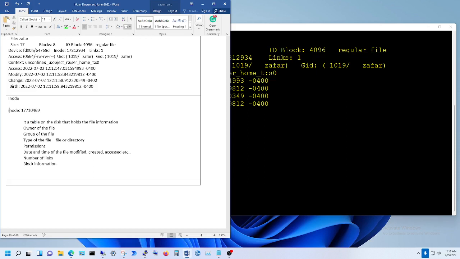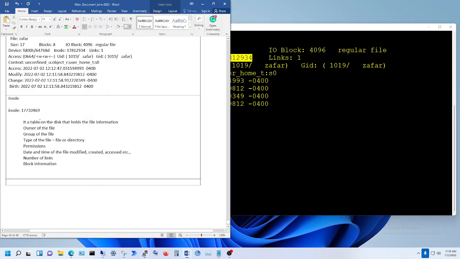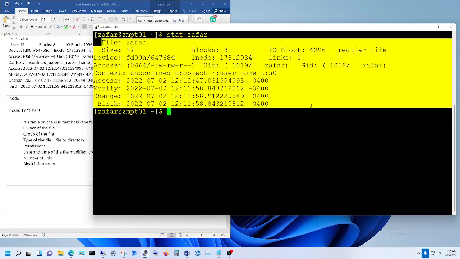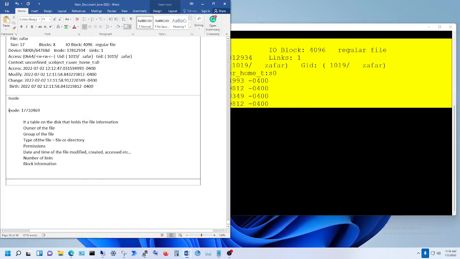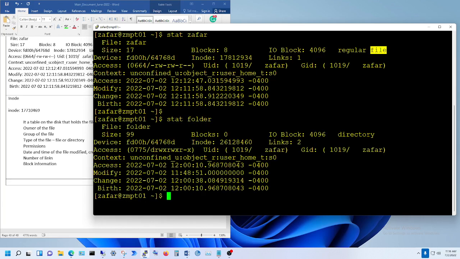Okay, so Inode, this is the number here, right? But what it is carrying is a table on the disk that holds the file information. That means it is holding all this information here: owner of the file, group of the file, type of the file, or a directory. Over here it says file is file 1. If you do stat on a folder,